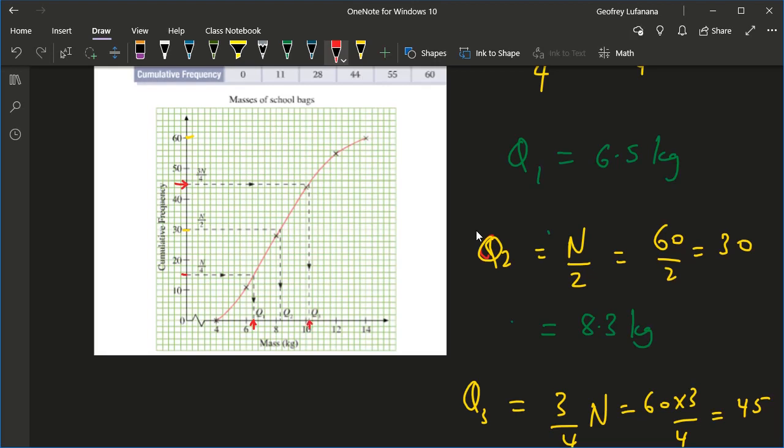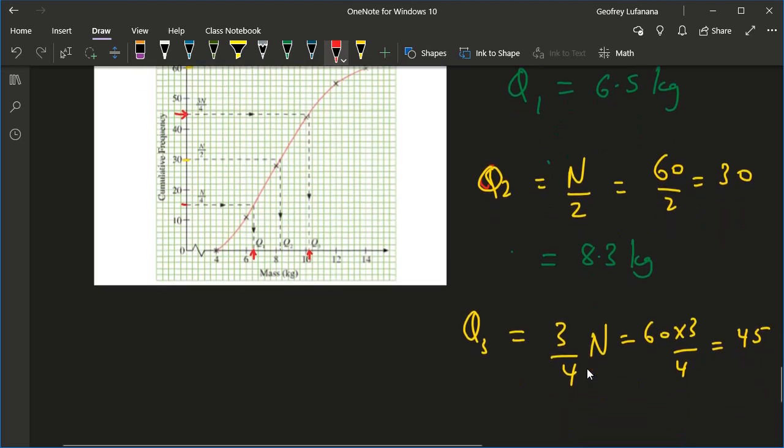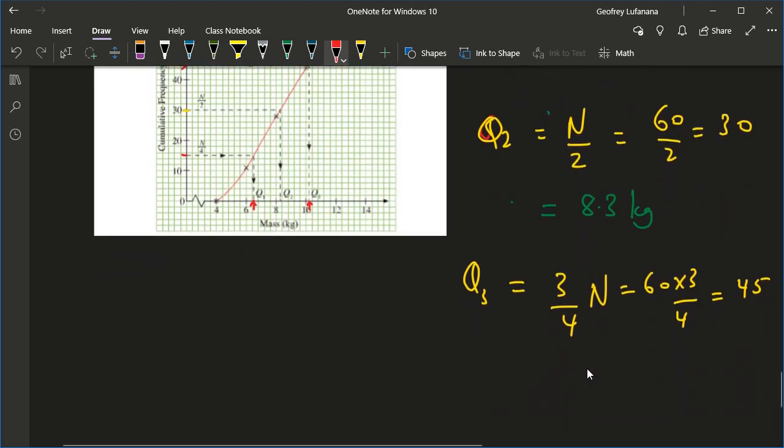Now, when we are marking this question, we usually accept a range of values because there might be a difference in plotting, like drawing the smooth curve. So your answers have to be in an acceptable range. When we read from that graph, our Q3 is 10.2